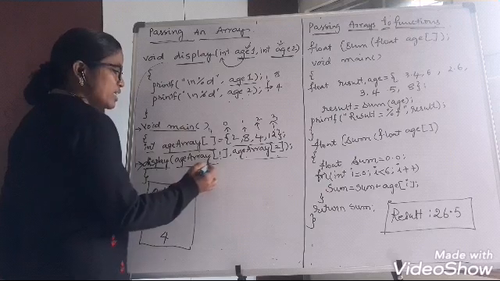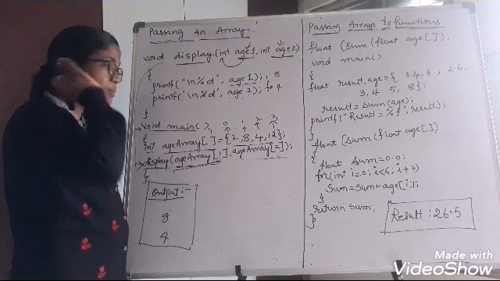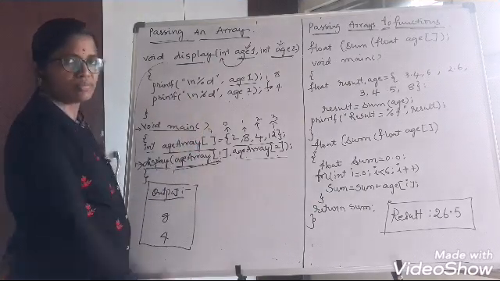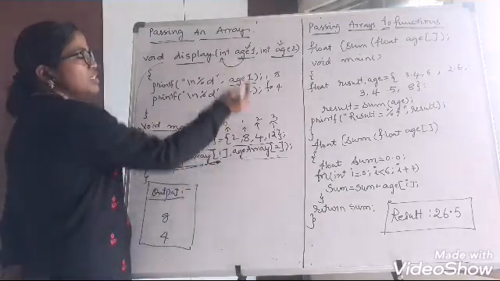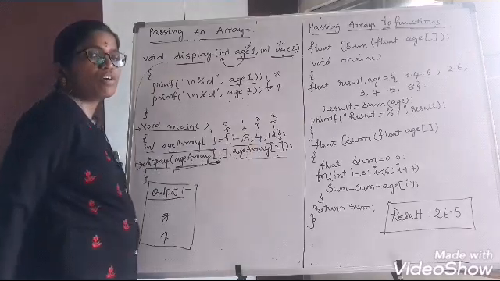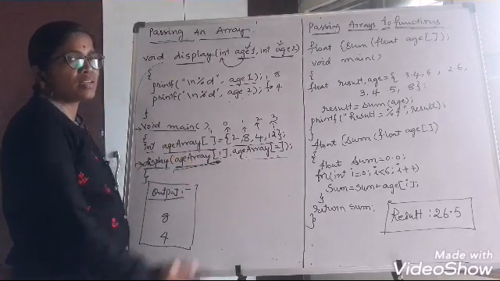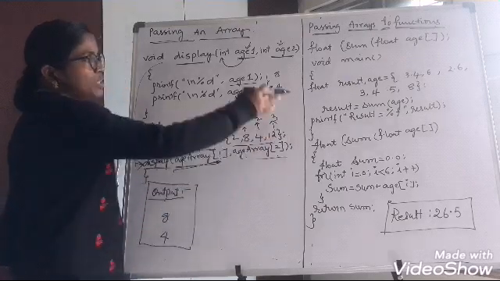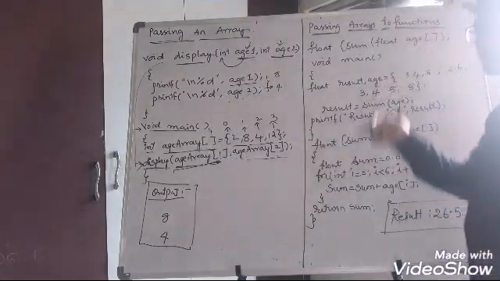Okay, so like this, array elements using indexing can be passed as parameters into the function. The actual parameters will be array elements, whereas those are copied into formal parameters. This is the way we can pass array elements into a function. Okay. So let's continue with another example, passing arrays to functions.